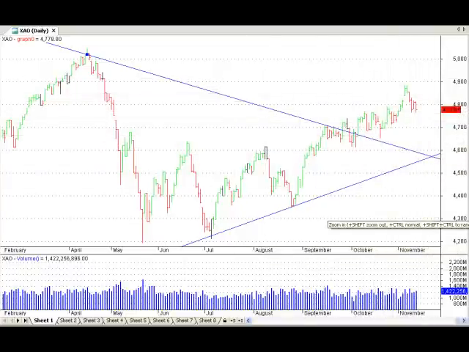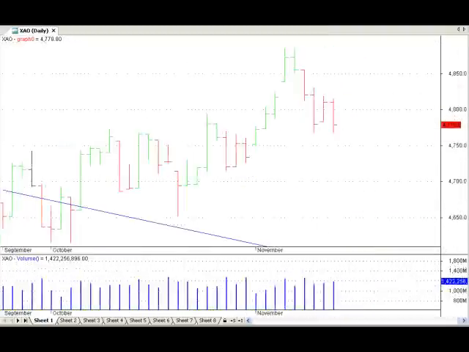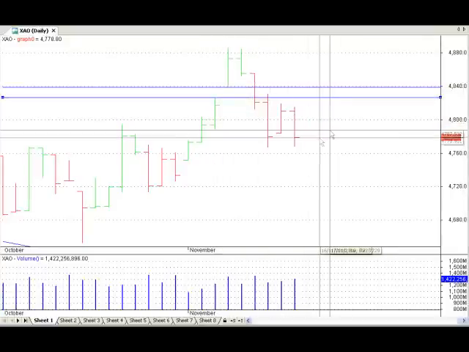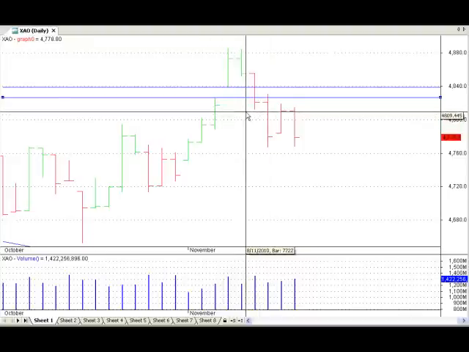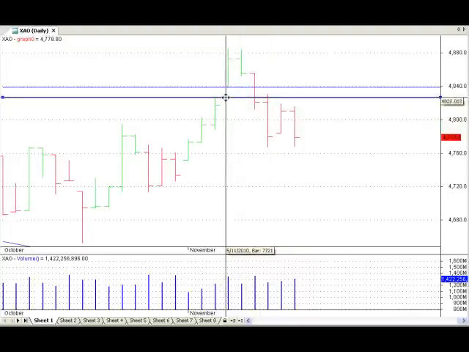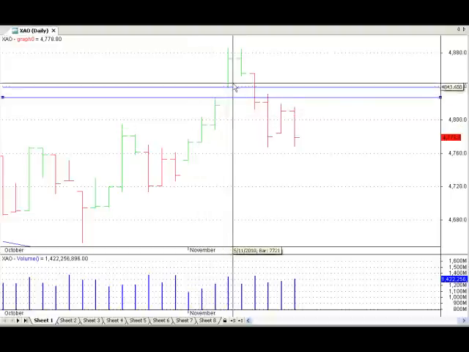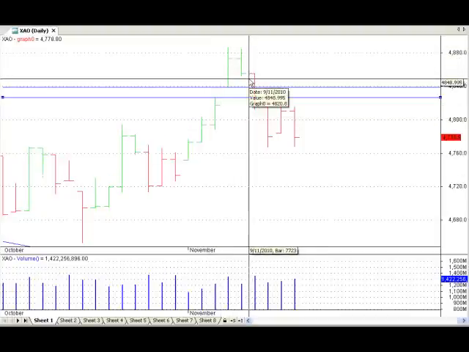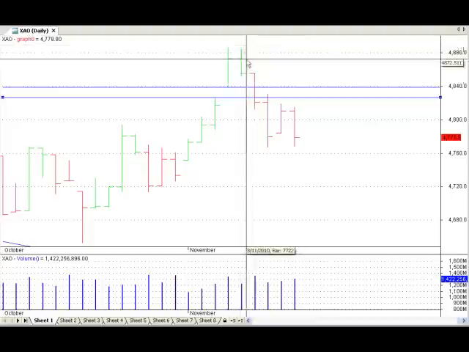But what I really want to show you on the All Ordinaries at the moment is this little gap here, and I'll just try and enlarge this. There we go, that'll make it a little bit bigger. What we've got is this gap. Now this gap in candlestick terminology, Japanese candlesticks, is termed a window. There's two things about windows that you really need to know, guys. The first is that the traditional approach to gaps or windows is that you trade in the direction of the window. However, the other thing that traders say about windows is that the market doesn't like to